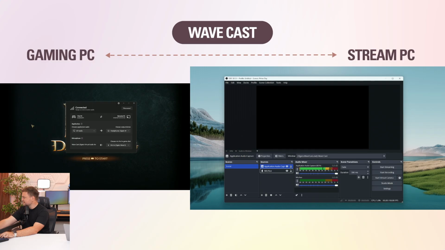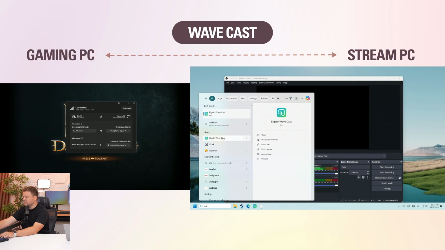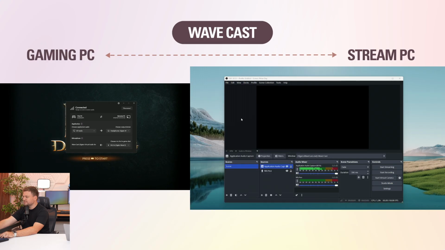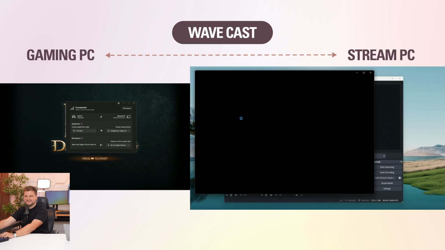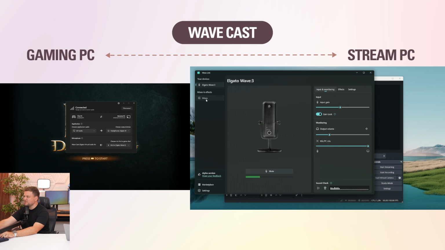And in fact, the audio is so low latency that I'm going to try something here. Let's open Wavelink again. We'll see if this works. It's a live demo after all. We'll go to mixes,